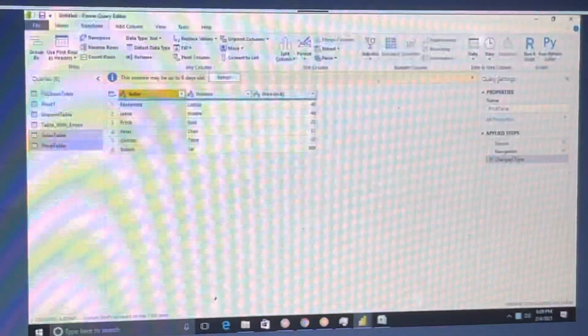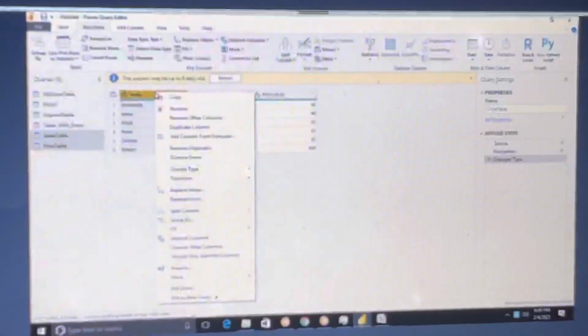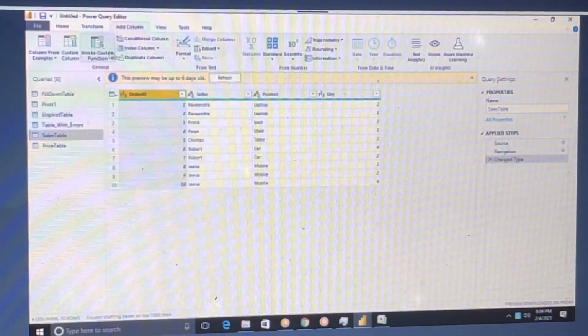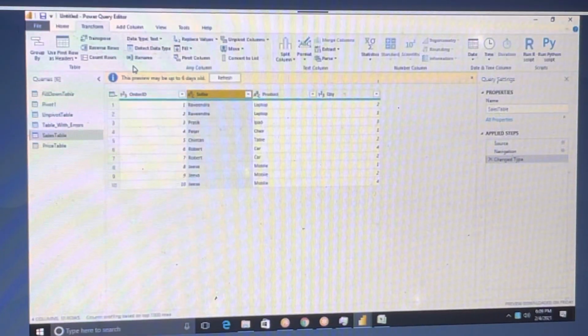So we wanted to merge, right? Both tables we selected. We need to select both. Now here we don't have it. Why is it grayed out? Really crazy.